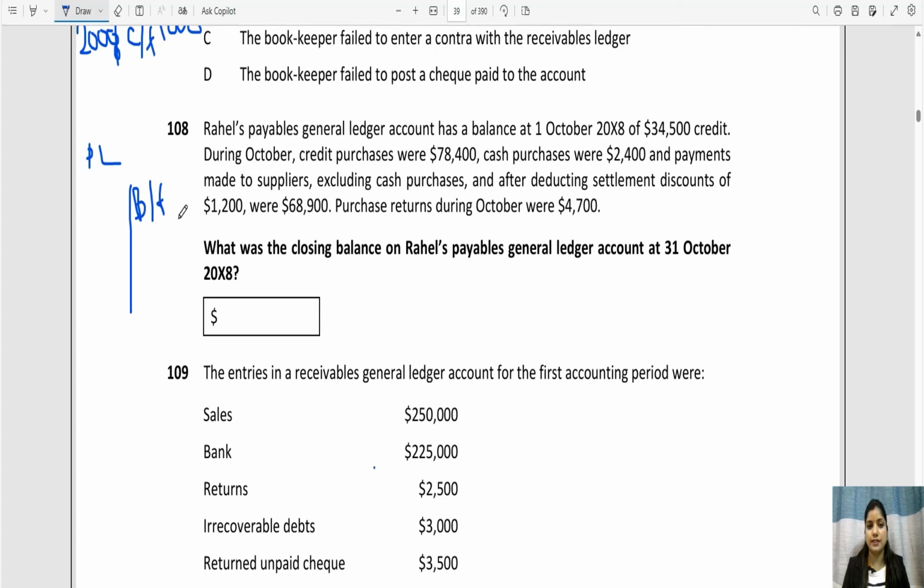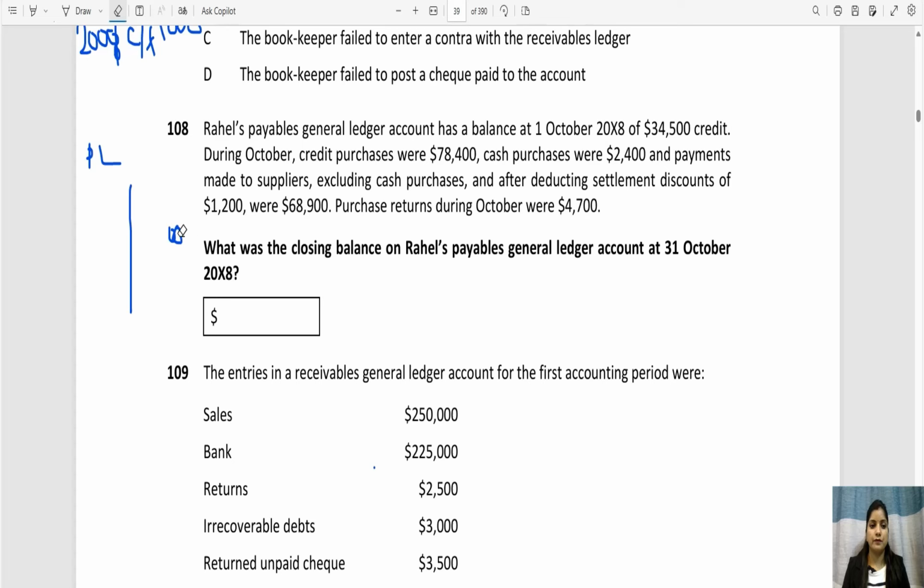balance, and the amount is 34,500. So the brought forward balance is 34,500. Okay. So next we have, during October, credit purchases were